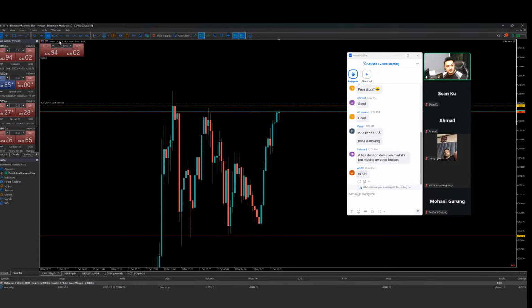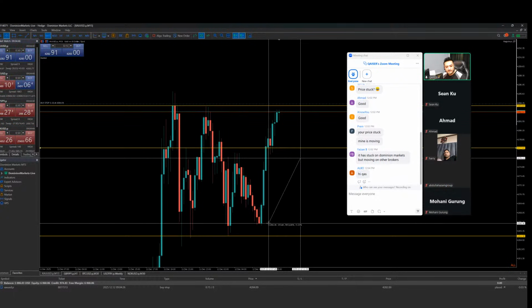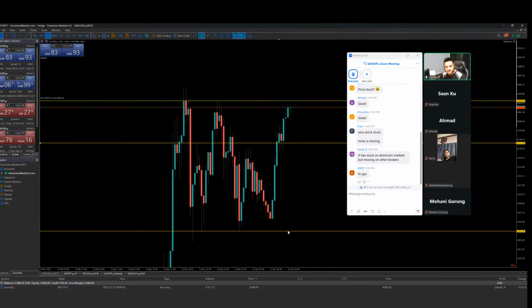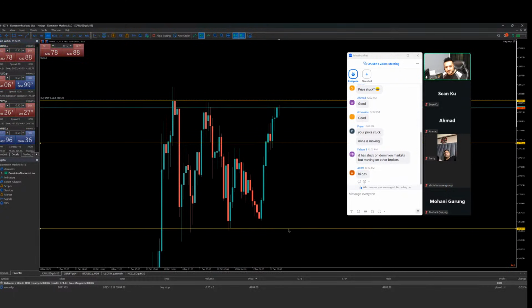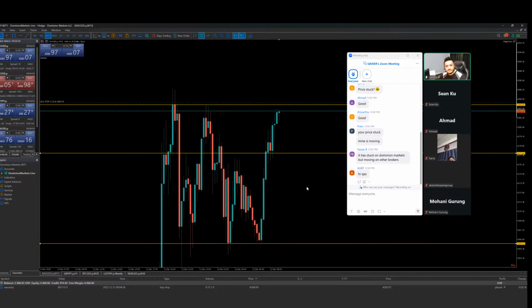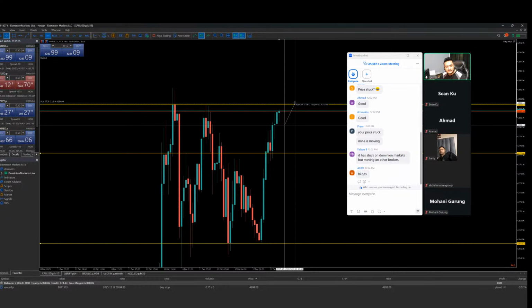So yeah, we have a resistance here. At the same time we have a support here on the 15-minute time frame, and below this area you can see we have a very beautiful clean traffic of 90 pips or 200 pips to the downside as well. So yeah, this makes sense. So where could the stop loss be? The stop loss could be somewhere here. How much is it? It's about a 30 pip stop loss.